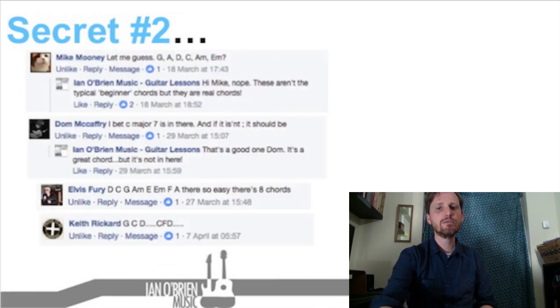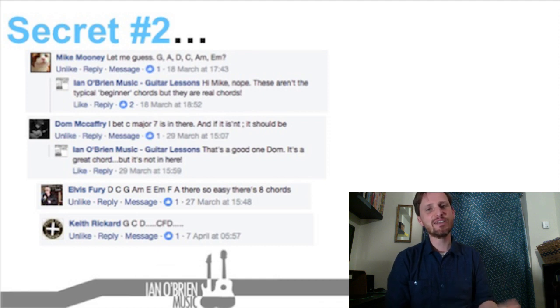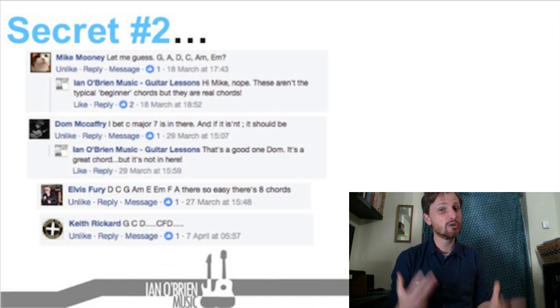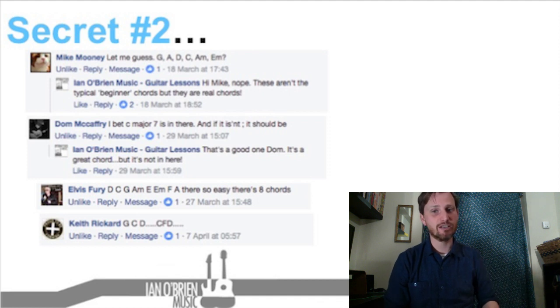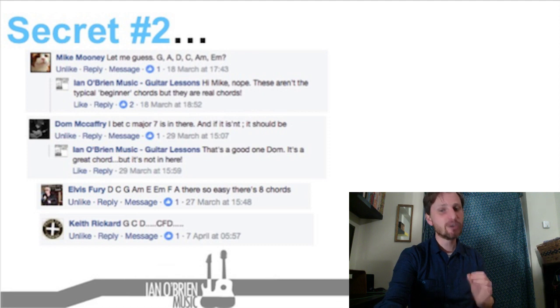Now, when people find out that I have chord sheets for the best beginner chords and rhythms to learn first, they usually try to guess which ones they are. And it's funny because all of these people are not only wrong about what these chords are, but they also all disagree with each other. Nobody teaches which chords are the best to learn first, so they treat all of the open chords equally. But we don't have to do this anymore.